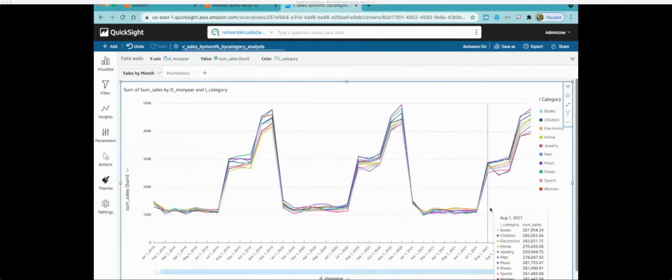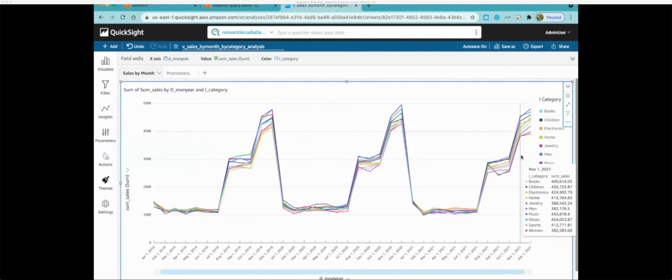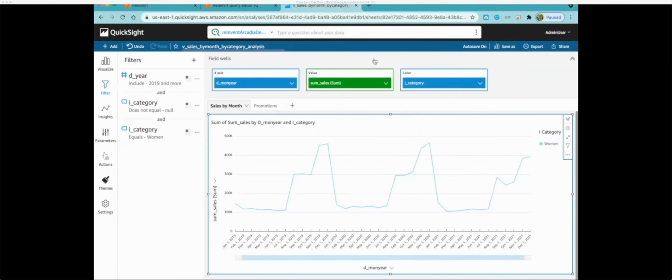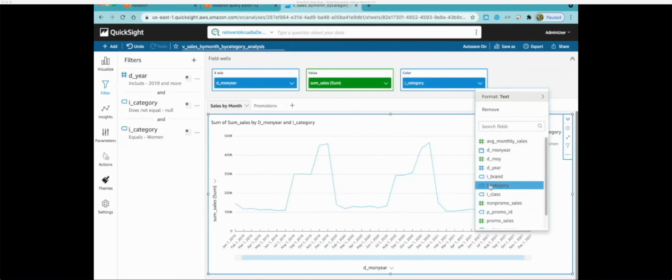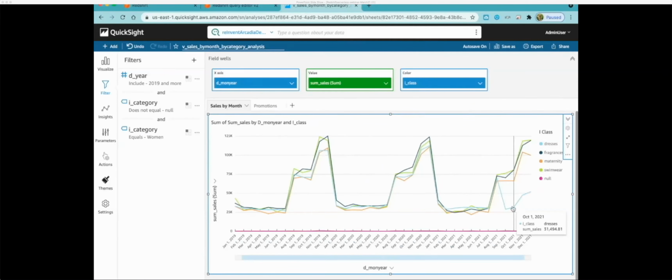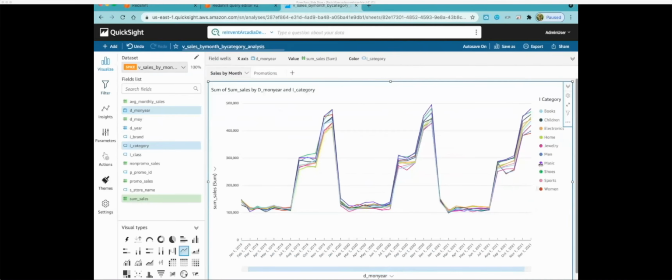And now I'm switching the analysis to QuickSight, which is a business intelligence service in AWS Stack, to kind of dive into the analysis in a little bit visual way. So once we go into the women's category, I'm trying to see which specific subcategories are contributing to the decline. And I see that the dresses subcategory is showing some decline.